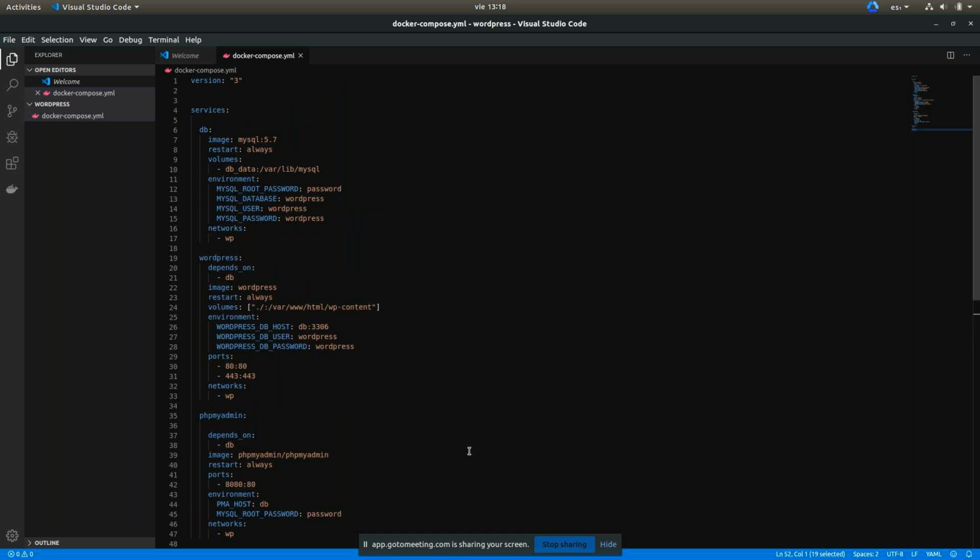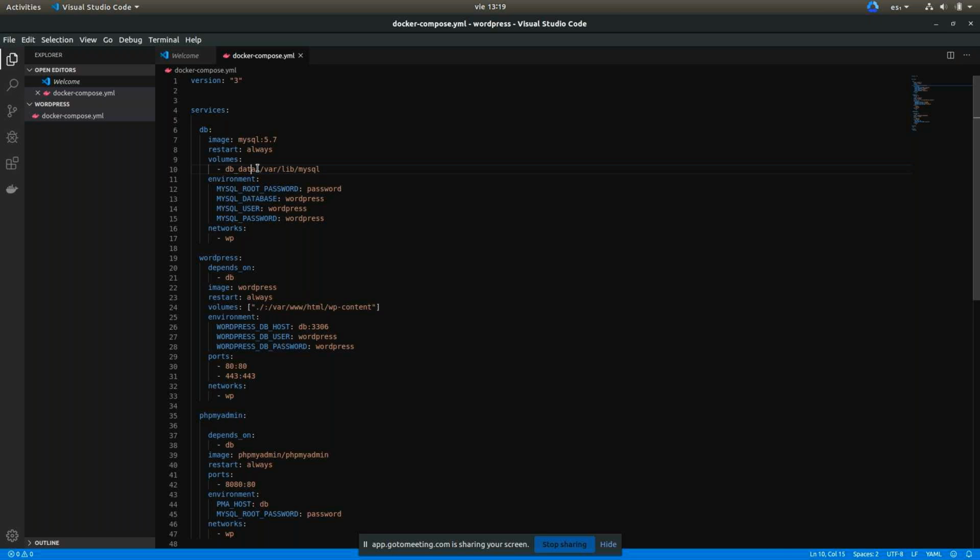So how does this work? At the moment we start executing this file, the process starts by downloading the image from the Docker Hub server. And as soon as the image is downloaded, it is configured as follows. It creates a DB data directory on our side. This is using the Docker notation.